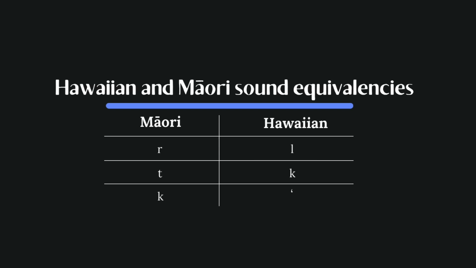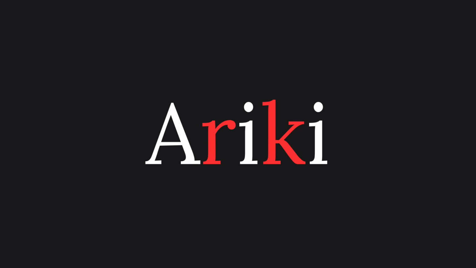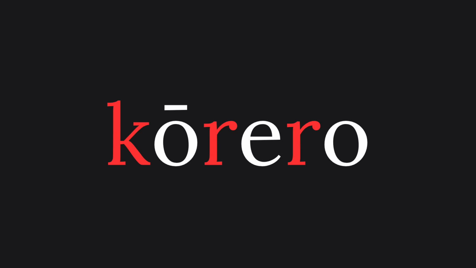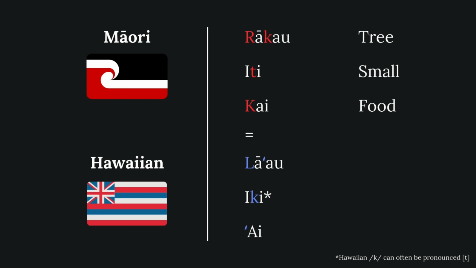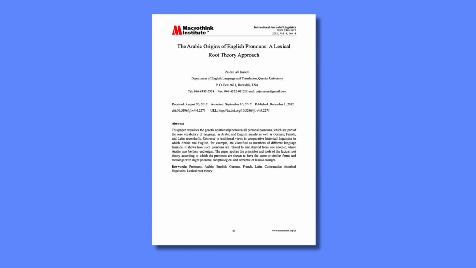So in Maori, for example, we have the word ariki, which is a type of chief. And if we change the sounds to match the ones Hawaiian has, we get ali'i, which is the same word in Hawaiian. It's correct. That's how it is. And we can do this backward too. If we take Hawaiian 'olelo, which means language, and apply the changes, we get the correct form in Maori, korero. Again, these are predictable sound changes in these languages. Here's some more examples. Rakau, la'au. Iti, iki. Kai, ai. What Zaid and Jassam are doing is looking at individual words instead and fantasizing about how they might have evolved,